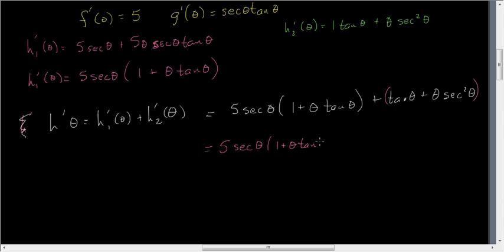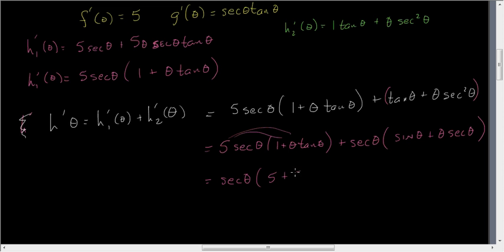This gives me a secant theta, and this is now going to be sine theta, because I pulled out the 1 over cosine, plus theta secant theta. Now I can pull out a secant from everything, redistributing that 5 back in. And so I get secant theta times 5 plus 5 theta tangent theta plus sine theta